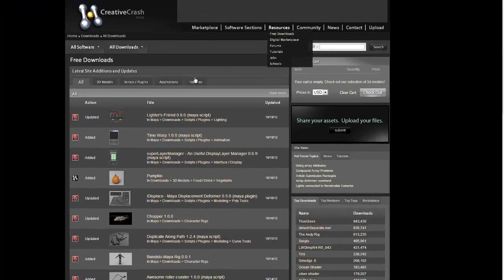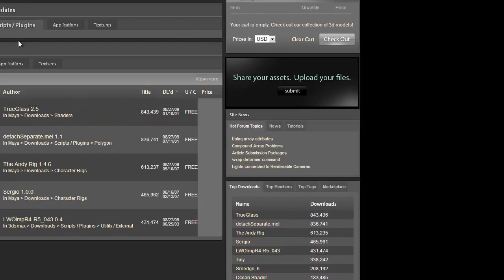And then you can look under Scripts and Plugins and search there, and find some of the more popular ones. You can also filter by what 3D software you're using. I grabbed a few of those and I put them